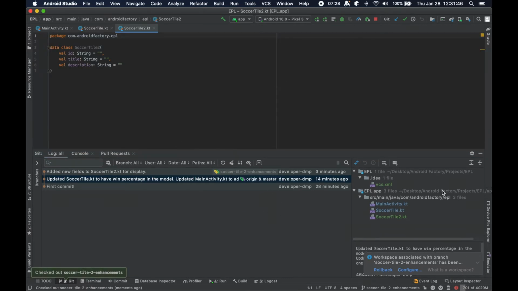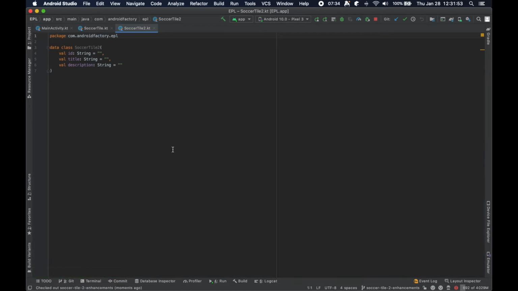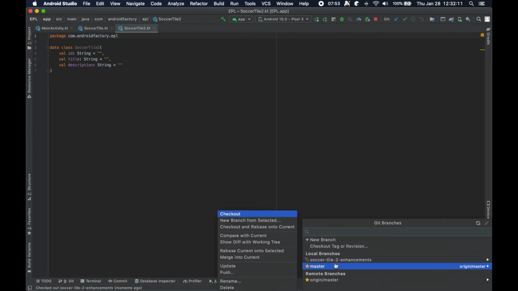We can actually deal with merging in these changes. It's a pretty common thing to build out a new feature, build a new screen, maybe refactor something to a new way or a better way or something. Do that in a separate branch, make sure that that branch works and the app functions, and then you can actually merge things into the other branch. So if we were to very quickly click on our master branch and say compare with current,